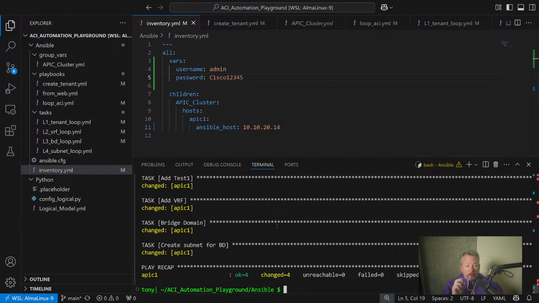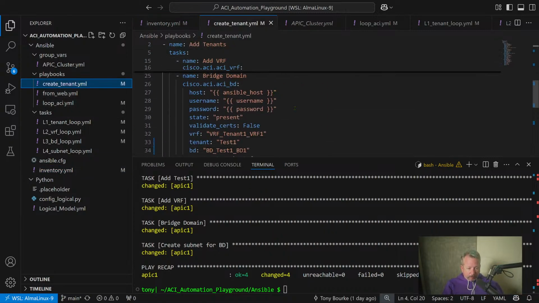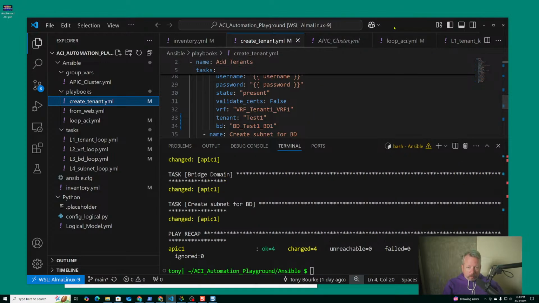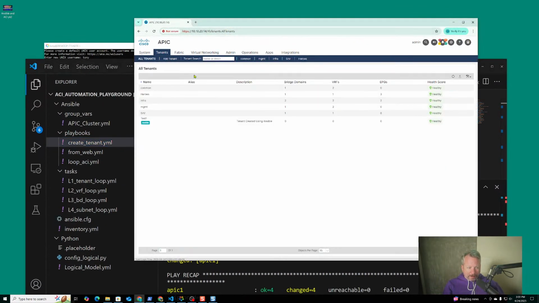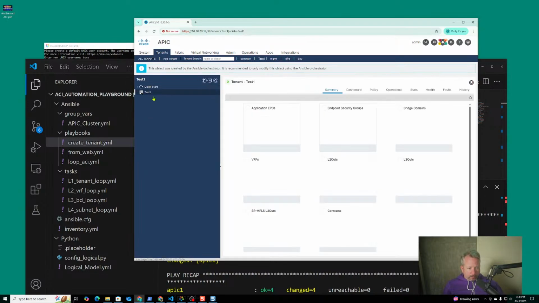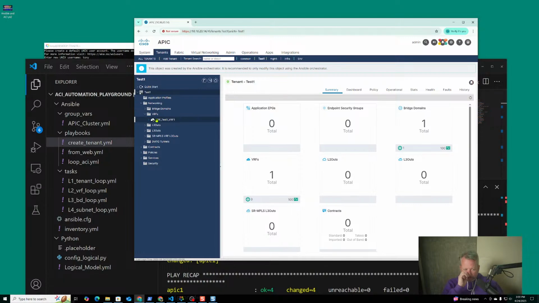Cool. So this playbook added a single set of these, but if I had like 16 tenants, I may not want to do it this way. So let's just check to make sure that it got added. Under tenants, there's test 1, and there should be a VRF. Yeah, there's a VRF. There should be a bridge domain, and then there should be a subnet under the bridge